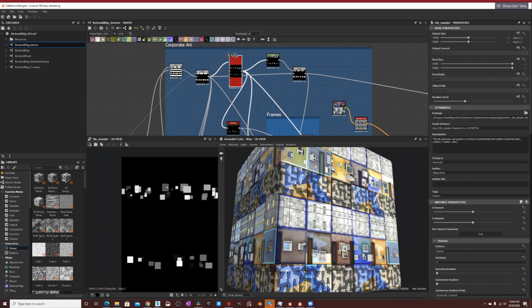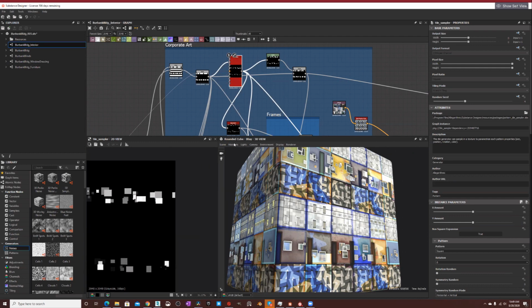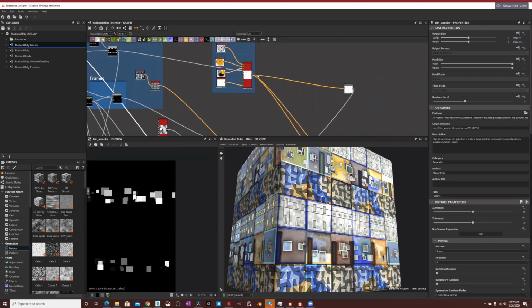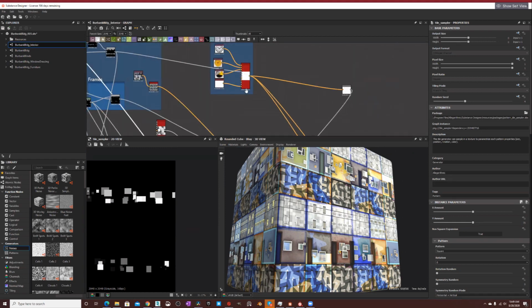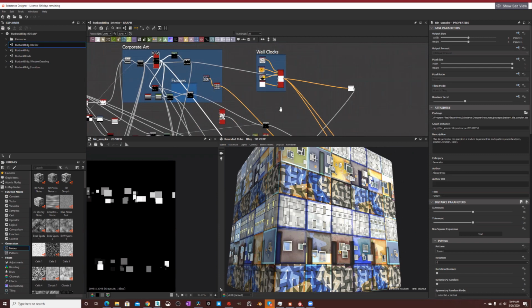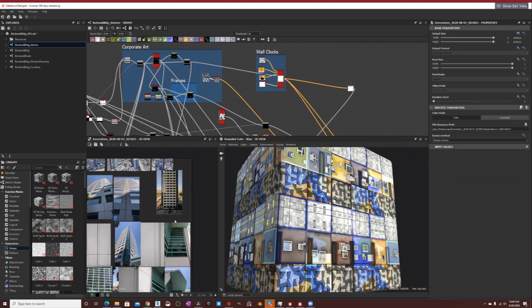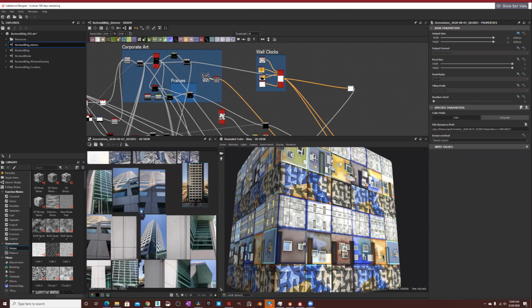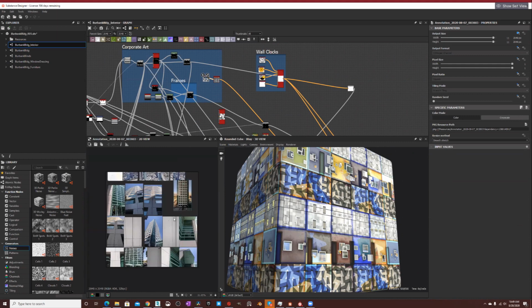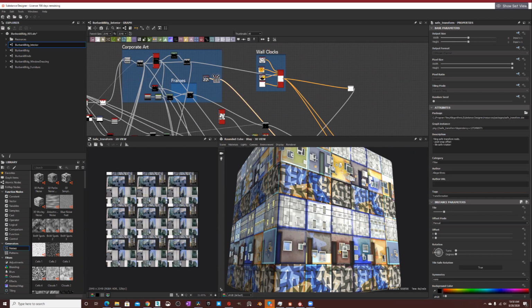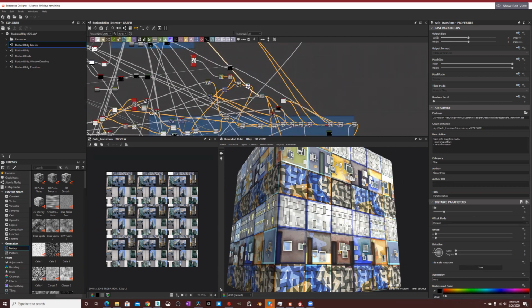So you have these little images. This is the art on the walls, and then I put clocks, which seem to be something that you see in offices. And then this is the image. You see this image here, this is actually from my slides. It's my PureRef file, which is the reference of the building, and then that just gets a transform, and then that's what you see in the